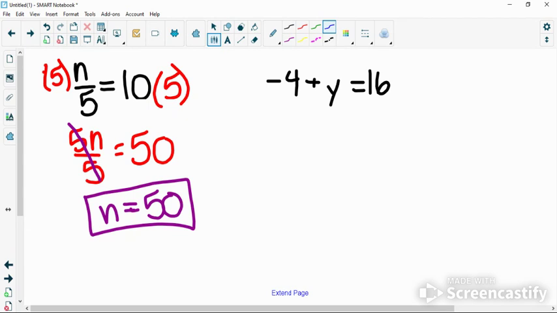The key is this symbol in front of that constant number. It says a negative 4. So the opposite would be to add 4 on each side. Leaving me with y is equal to